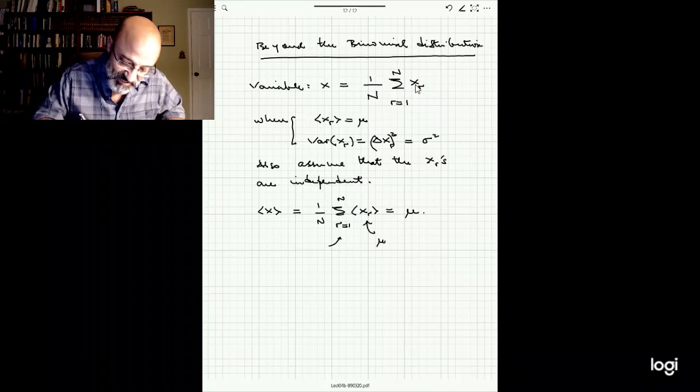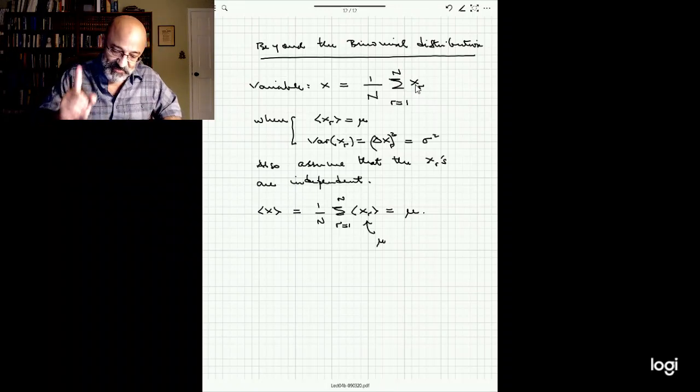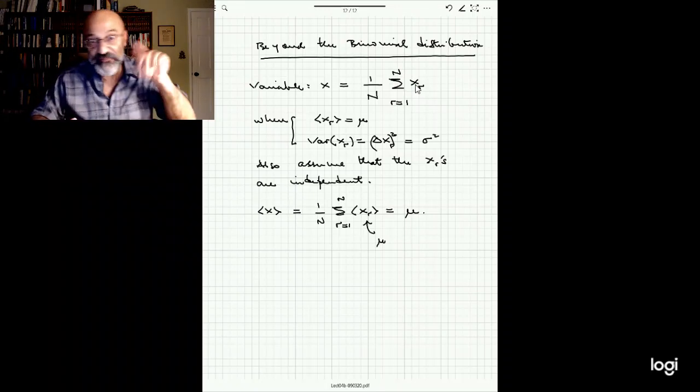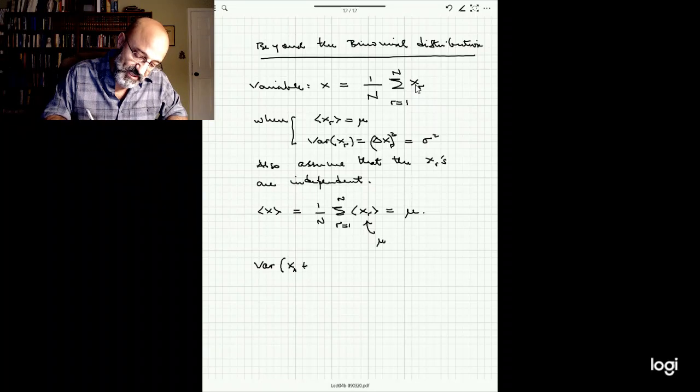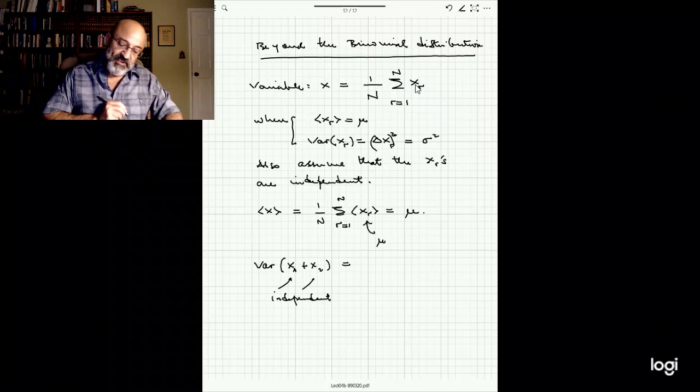Now this is a little bit more difficult, but I'm going to give you a theorem, and you're going to prove this theorem in one of the homework problems. The homework problem says that for two variables that are independent, the variance of the sum